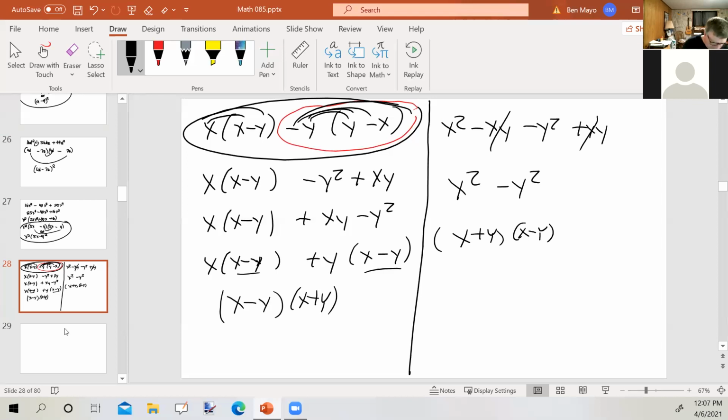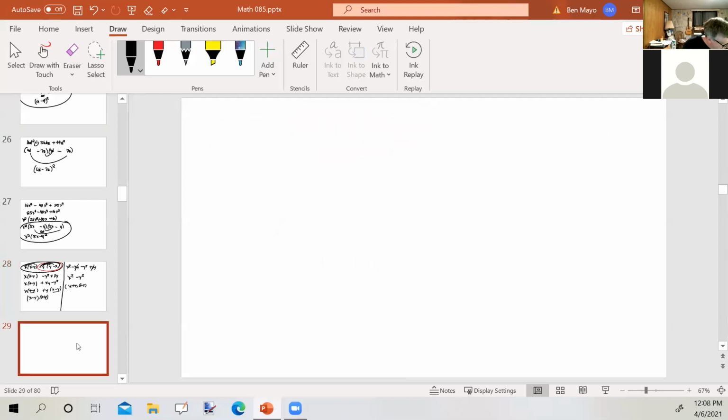All righty, how about this one? 25b squared plus 14b plus 49 over 25. You've got a fraction. That doesn't look fun at all. Well, it's a trinomial and it's in standard form. There's no greatest common factor. Oh, 25b squared is a square. Isn't 49 a square and 25 a square? So 49 over 25 would be a square, and there's a plus sign in front. So this is going to be 5b